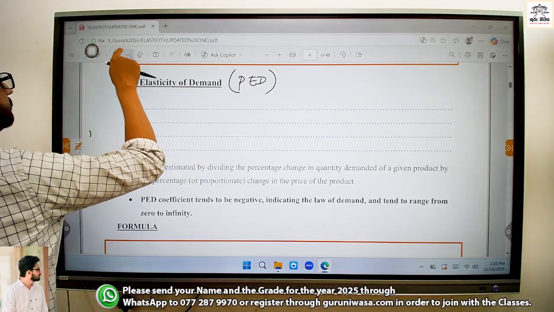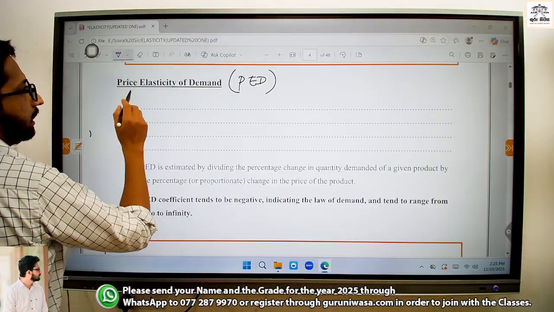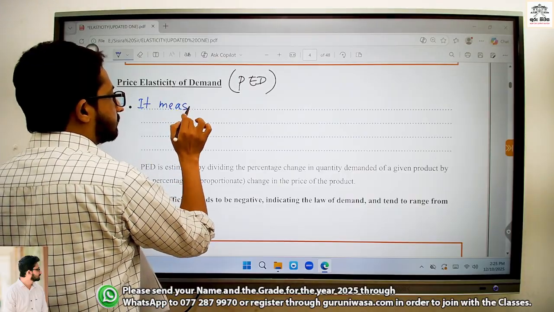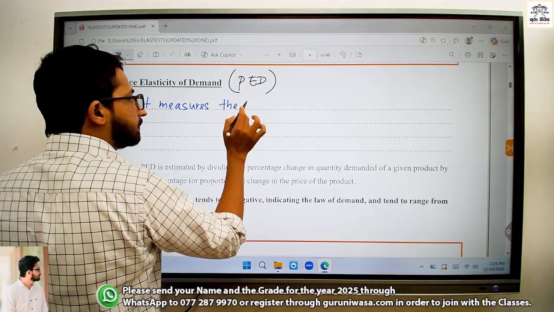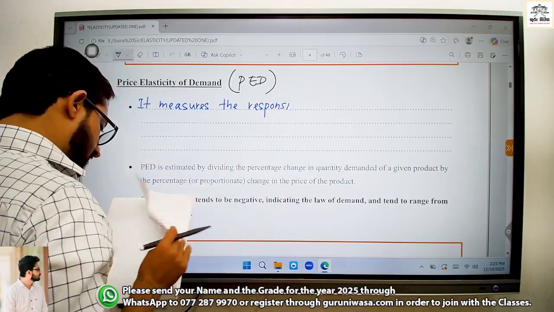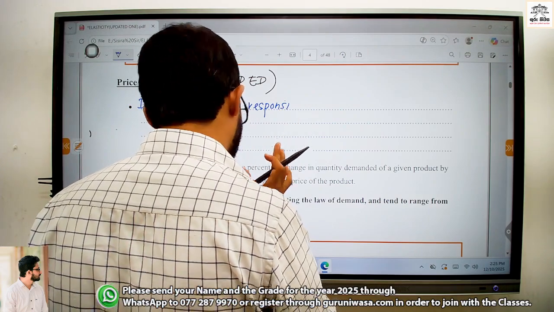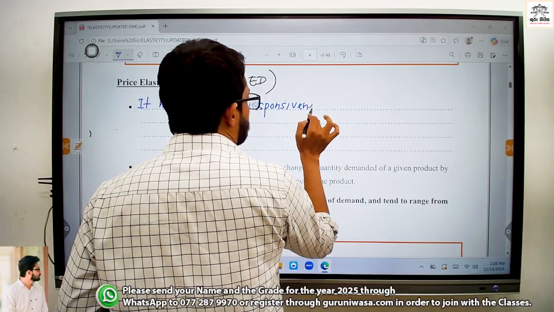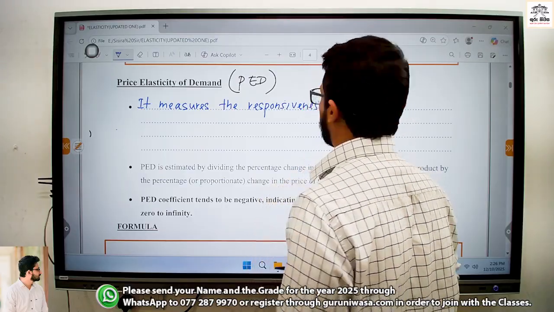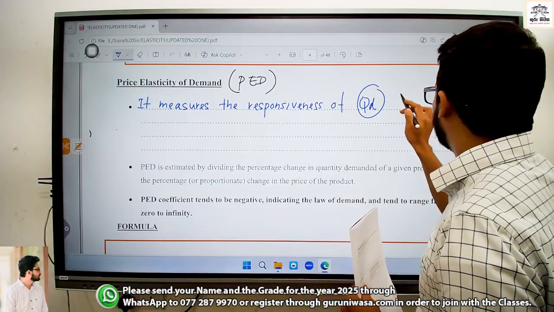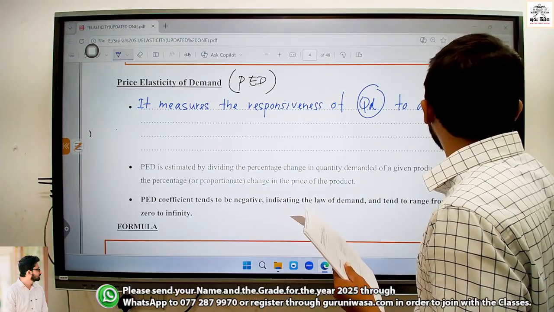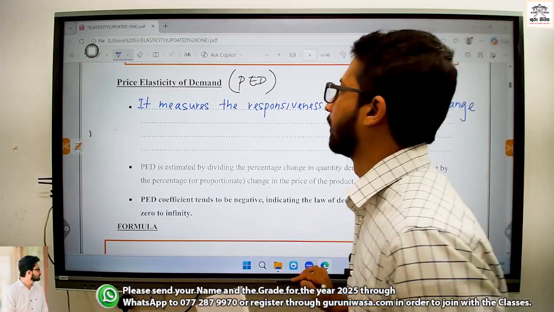It measures the responsiveness of quantity demanded to a change in